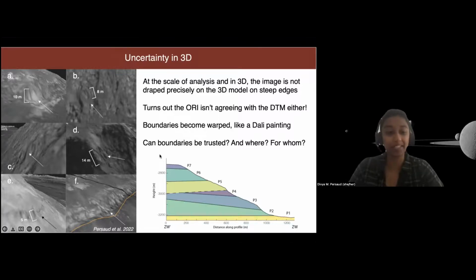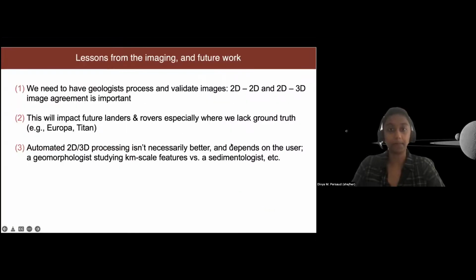It's also a big result because we're not really doing a lot of work in this 3D outcrop analysis on Mars. We're doing loads on Earth. So this is really important. All of a sudden, sure, you have this high resolution data, but on, say, a 5 to 20 meter scale, you're seeing these offsets that can really mess up your quantitative look at what's going on in the history of the geology here. The imaging directly impacts the geological analysis. So there are a lot of lessons from that.